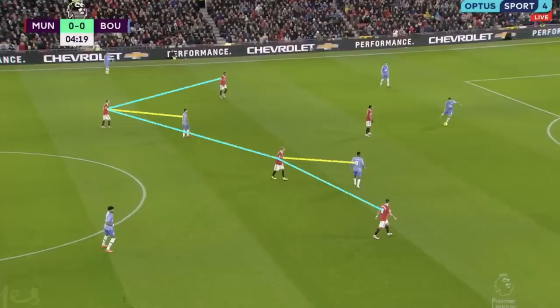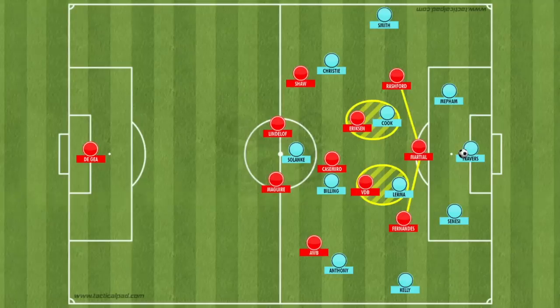As we saw against Burnley and Wolves, United press in that narrow 4-2-3-1, where the wide attackers, which in the first half was Bruno Fernandes and Marcus Rashford, sit very high and narrow, pressing almost as a front three alongside Anthony Martial, with Donny van de Beek and Christian Eriksen both man-to-man pressing Bournemouth's double pivot of Jefferson Lerma and Lewis Cook, and Casemiro sitting in behind them, which gives United a kind of 4-1-4-1 pressing shape, which at its most aggressive in the opposition's defensive third becomes a